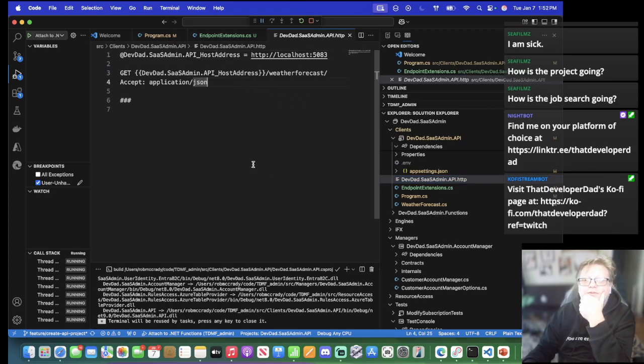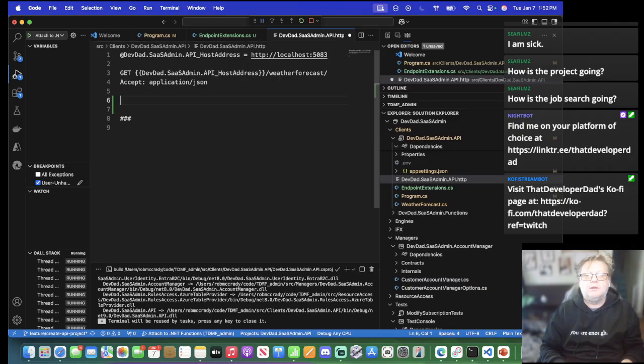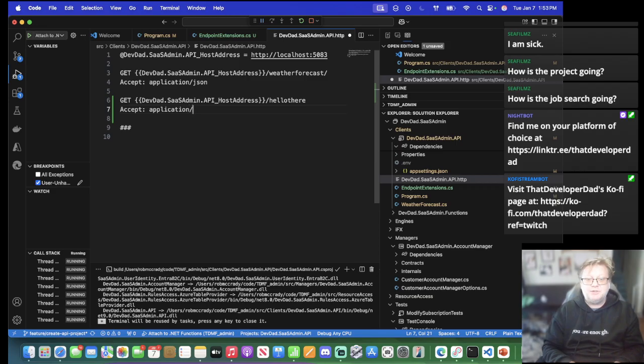I gotta wonder if I add a GET, devdad.sasadmin.apihostaddress/hello-there, Accept application/json. Save. If I add this here,